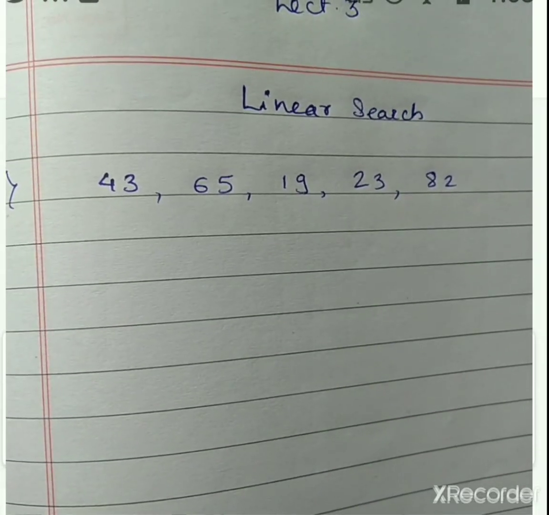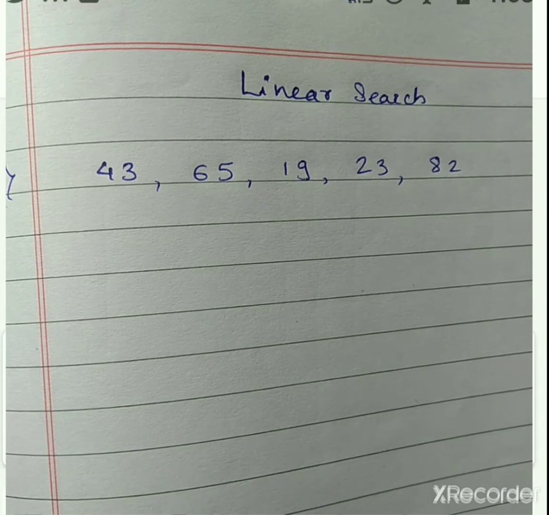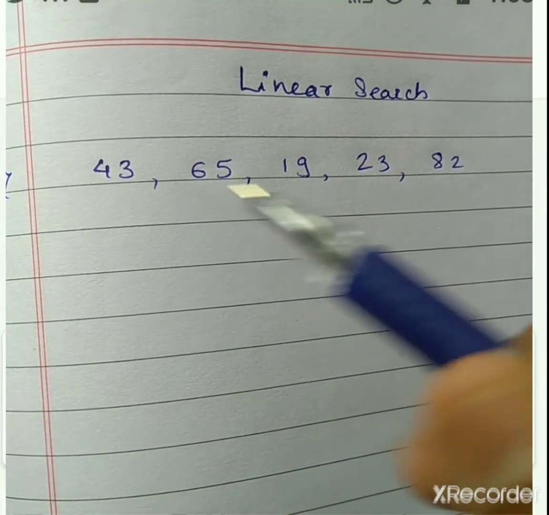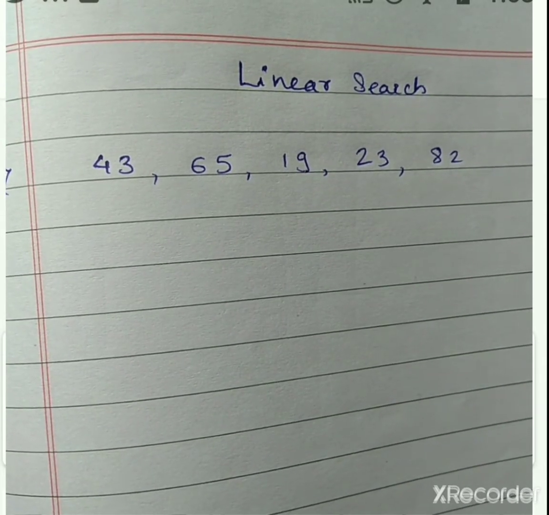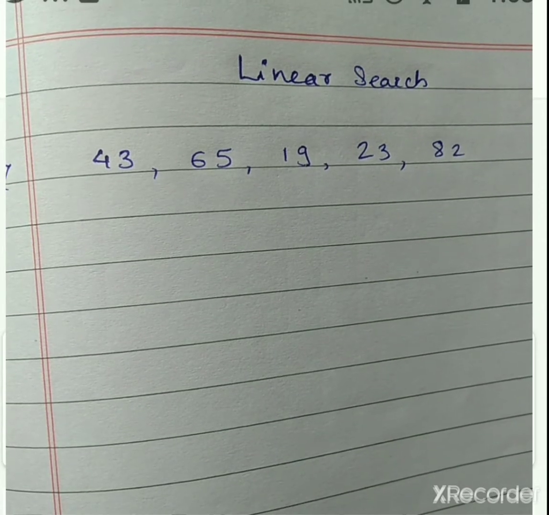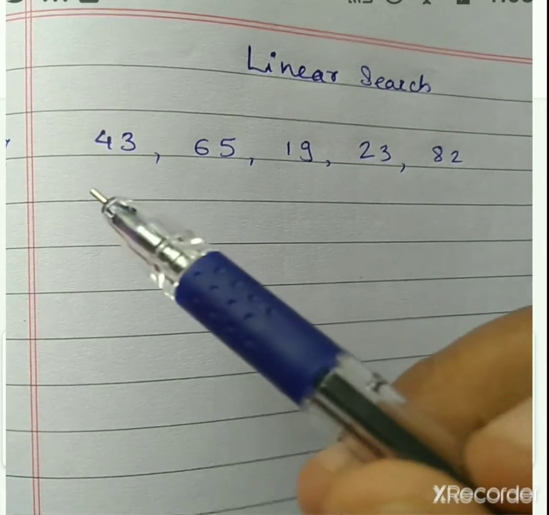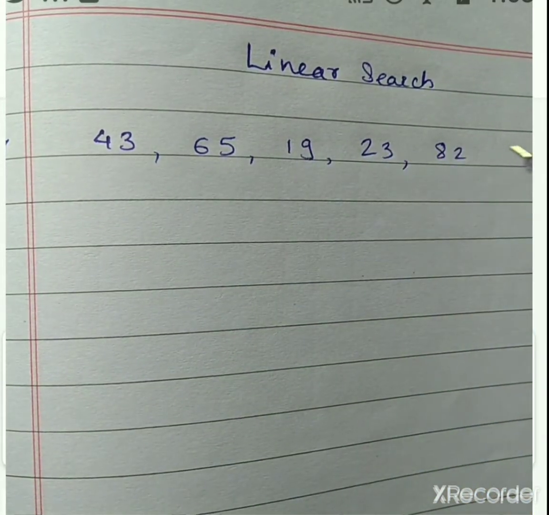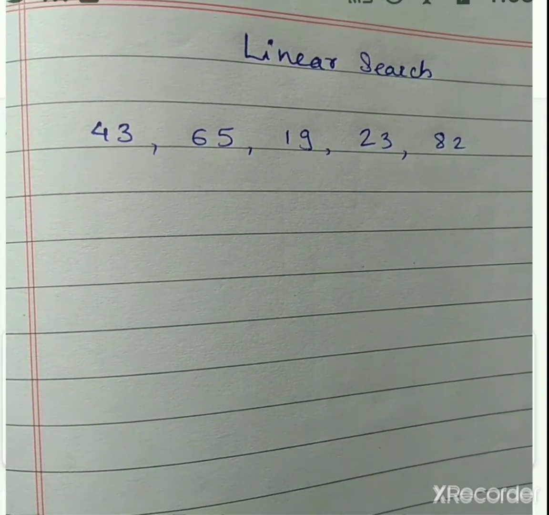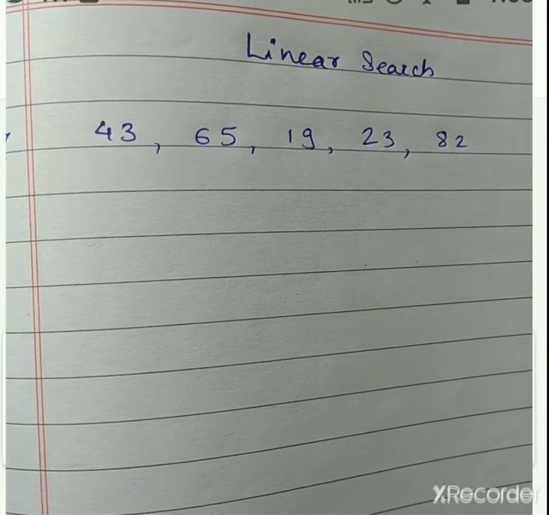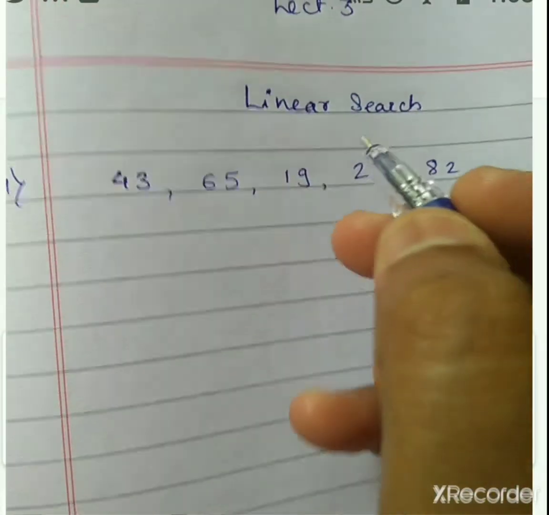It is a very simple searching technique. In that, we will search the element starting with the first element of the list till the end of the list. All the elements we have to search one by one, and if we find the element, we have to stop the search there and display the position and tell that the element is found. If the element is not present in the list, then you have to go through all the elements in the list, comparing each with the element to be searched. If it is not found, then we just print that the element is not found after reaching the end of the list. So this is the one example I have taken for the linear search.